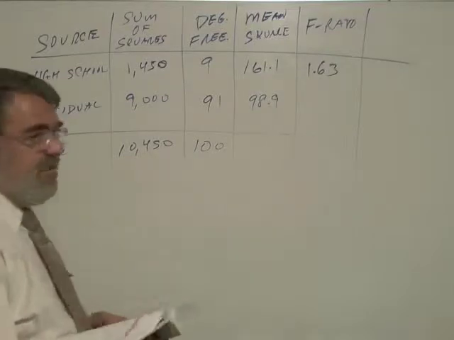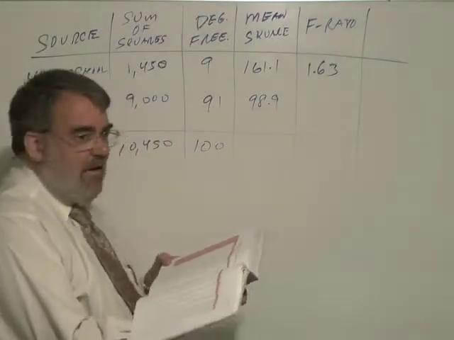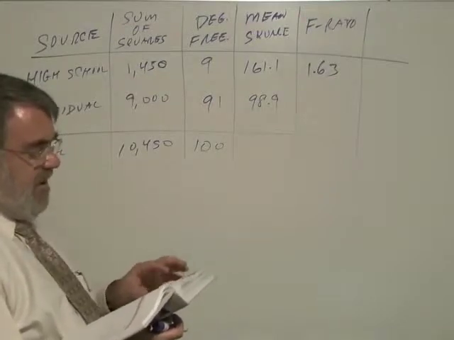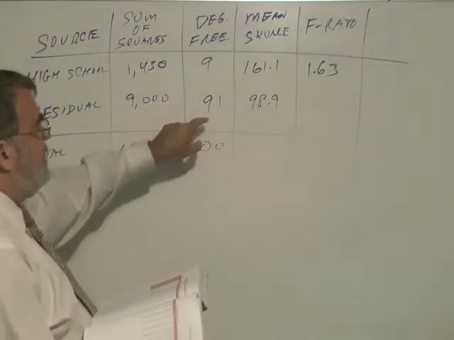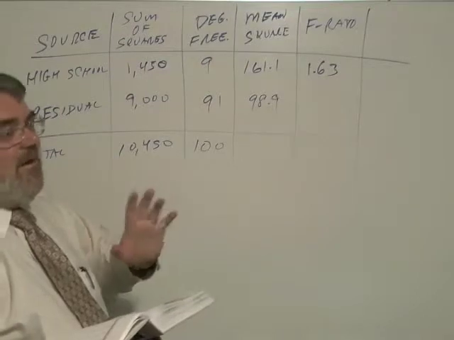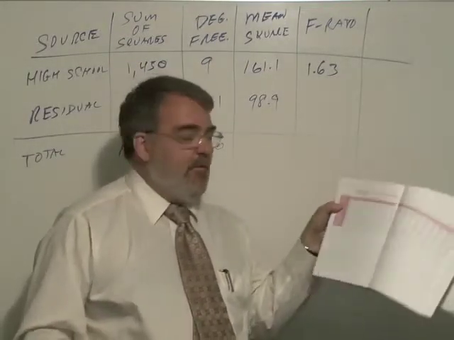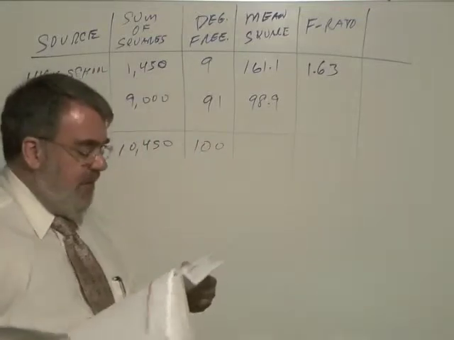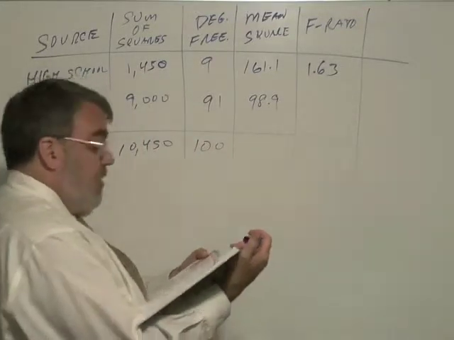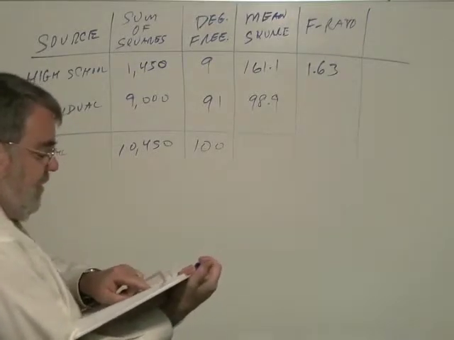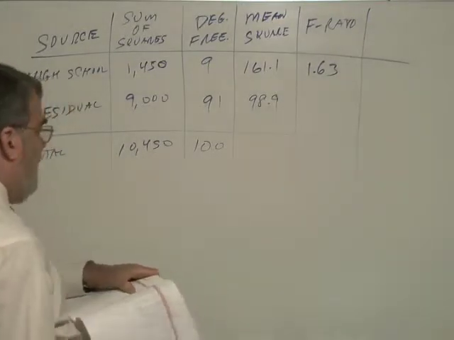Well, on page 662 at the bottom, it's 80, and page 664 at the top is 100. 100 is closer to 91 than 80 is, so let's use the 100 denominator degrees of freedom, page 664. Numerator degrees of freedom are 9, so go all the way across that page, 664, and it's that last column,